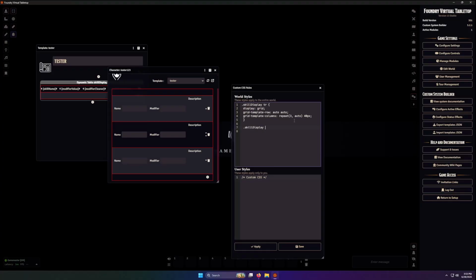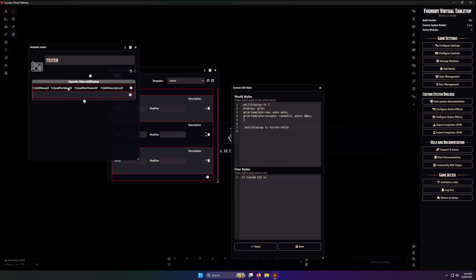and I want to select all the rows again, but specifically I want to get the data column with the nth child, which means I want to select the nth number of column. So 1, 2, 3, I want the 4th column because that's where our description is. And just to show you again what this is doing, we'll go ahead and give it a background color red,